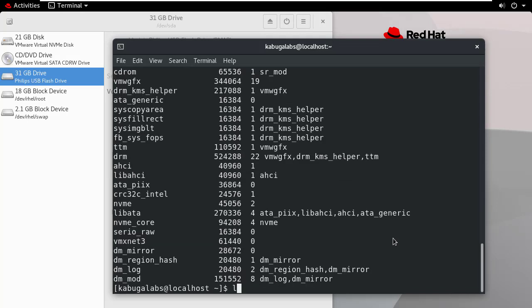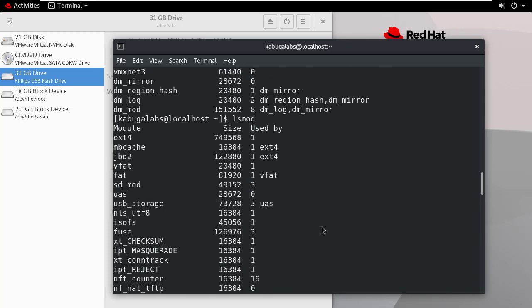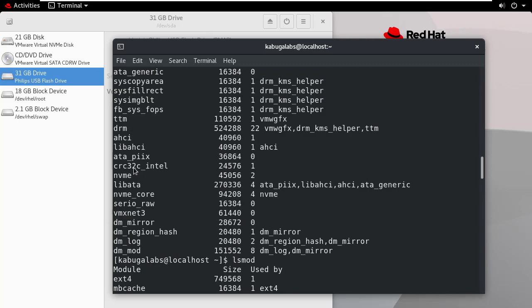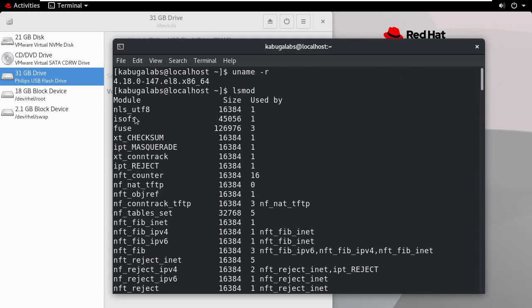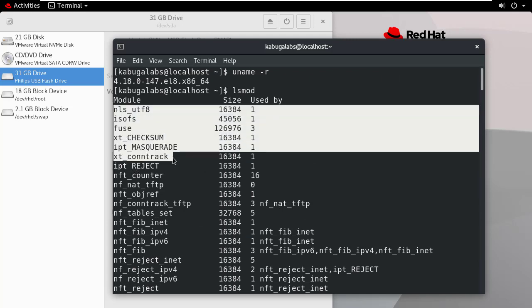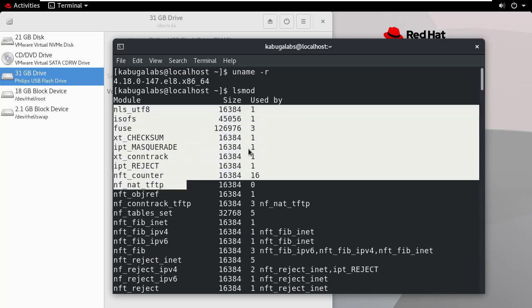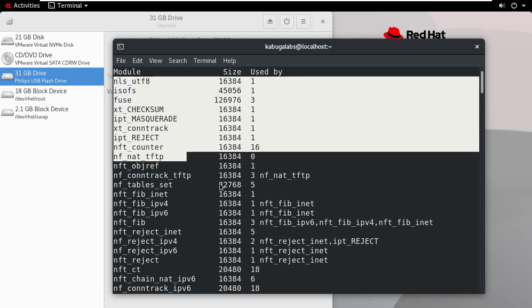Typing lsmod again, we see additional modules. There is Ext4, which is backward compatible to work with Ext3, and there is also vfat for accessing the FAT file system. In our earlier results, close to the top, we didn't have such modules loaded. They come in just right here. Okay,